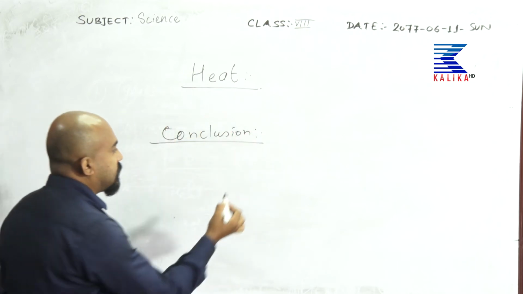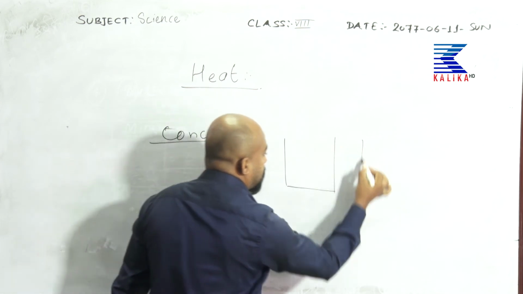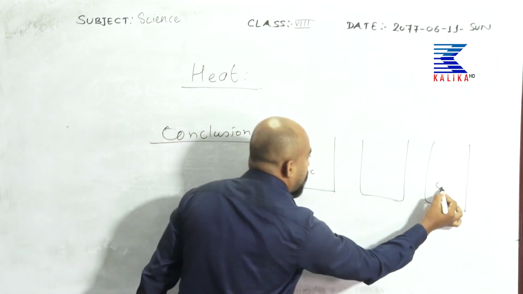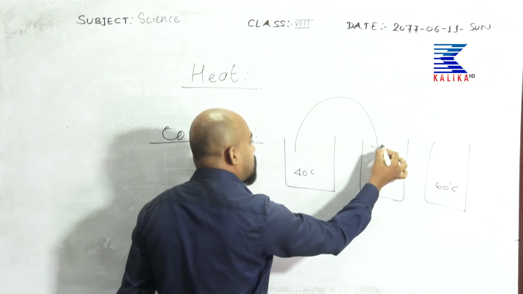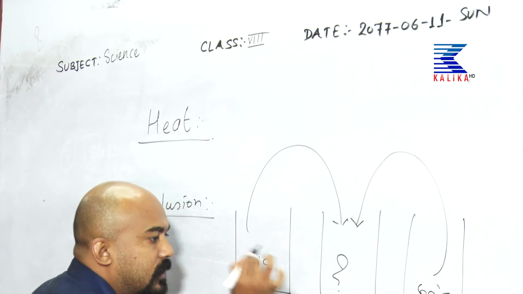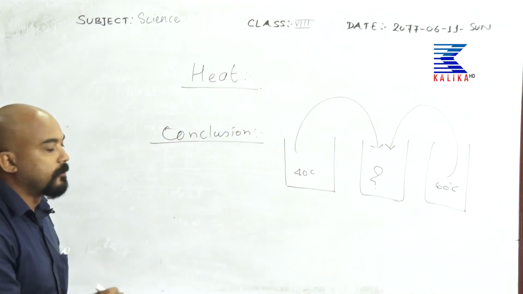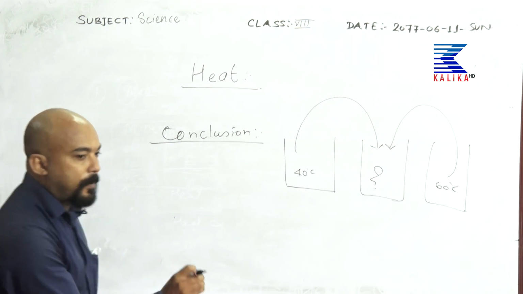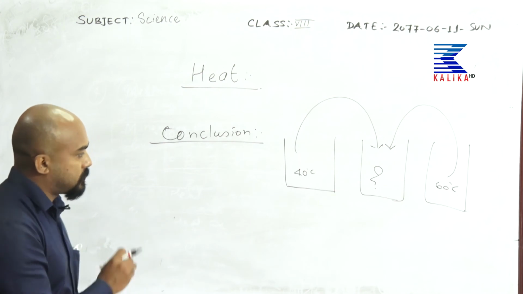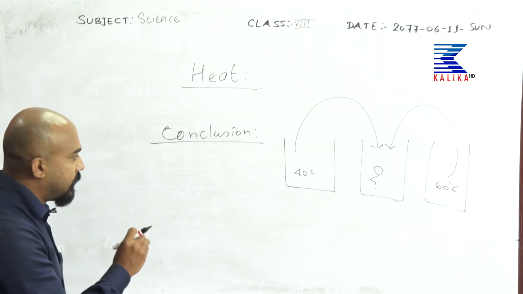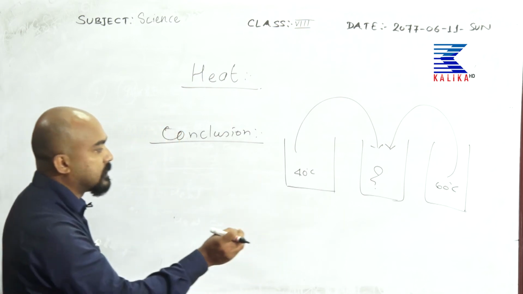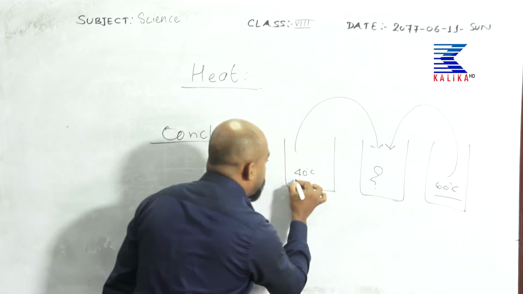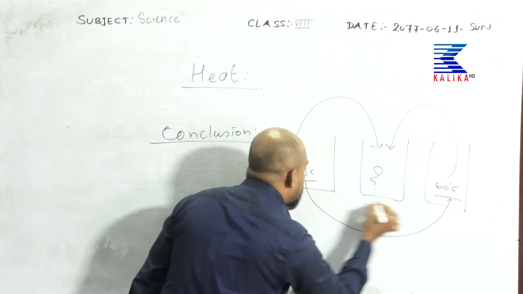Okay. There are glasses of water, one of 40 degrees Celsius and another of 60 degrees Celsius. If these two glasses of water get mixed with each other, what will be the temperature of the mixture? In this class, there is no need to calculate the temperature of the mixture, but we just want to show you from where the heat energy flows, meaning if these two objects of different temperature are kept in thermal contact,